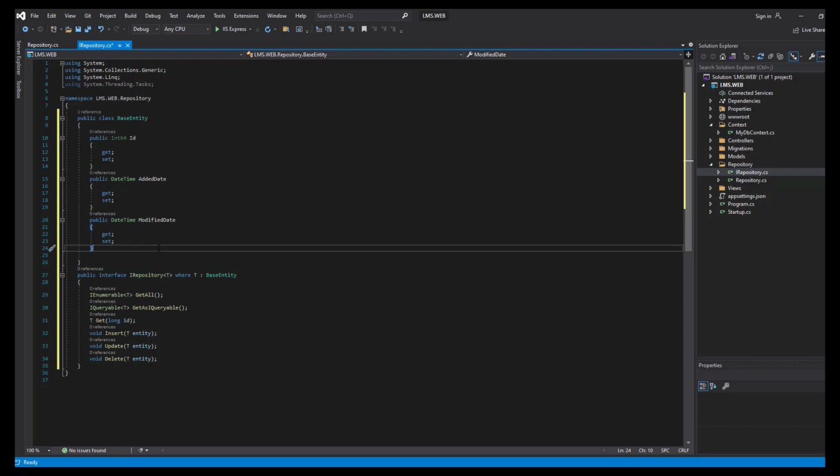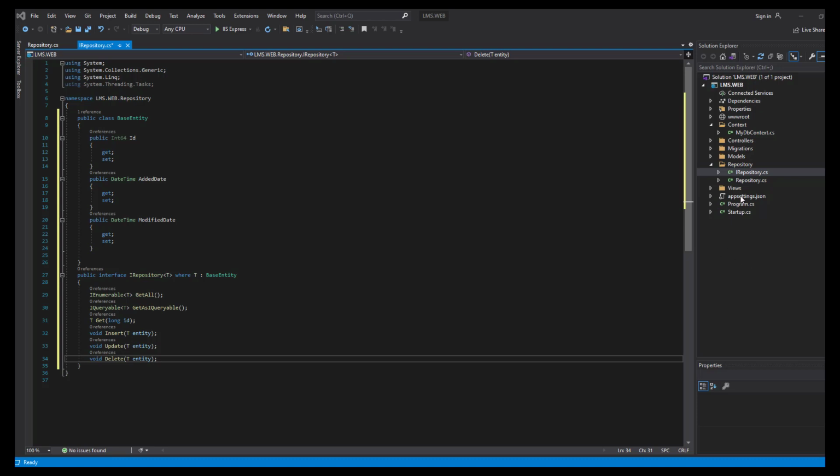I'm going to use a generic IRepository interface and implement this interface. My interface has IEnumerable GetAll, for getting all the data, and this will enable me to get it as queryable, and to get my data by ID. And these are insert, update, and delete methods. So in my repository I'm going to implement that,